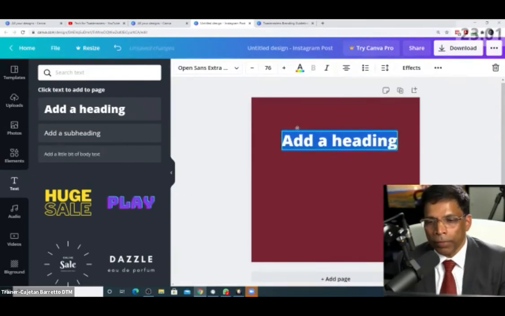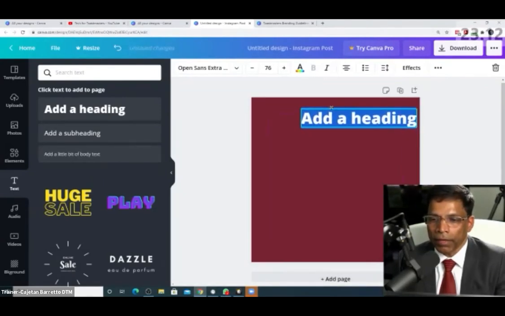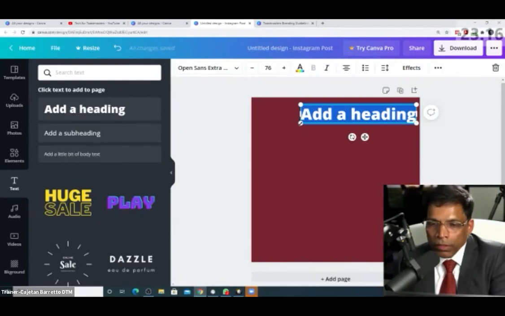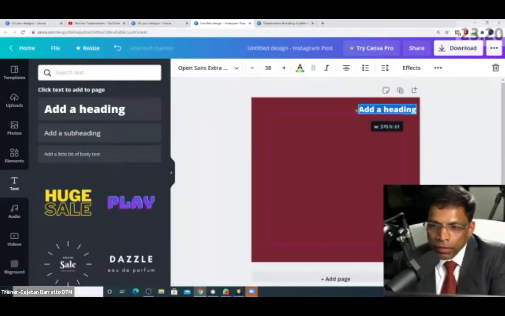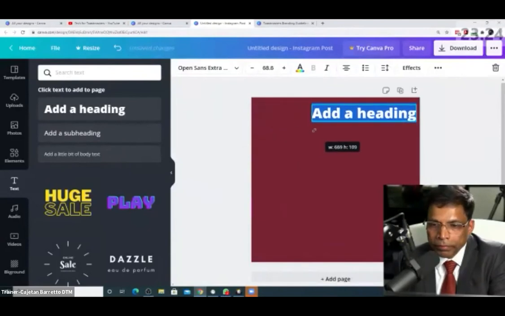If I move it up and place it here, it means it is aligned horizontally, but not in the center, right? So you can move it like this and place it somewhere here. If you hold the corner keys from somewhere here, and if you move like this, then the object will become bigger or smaller.